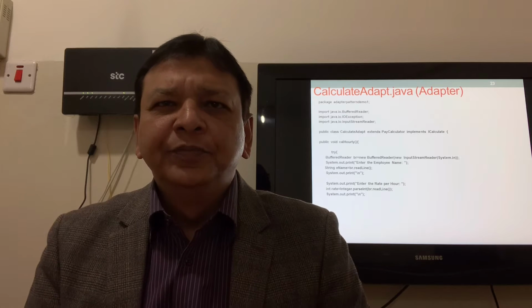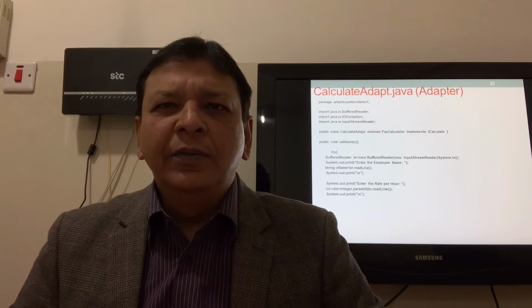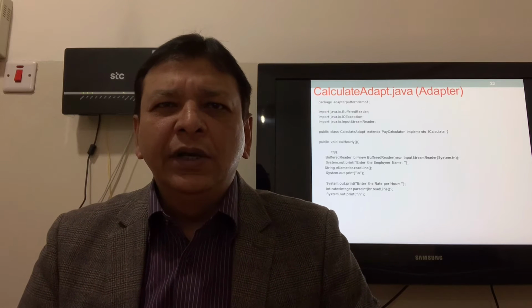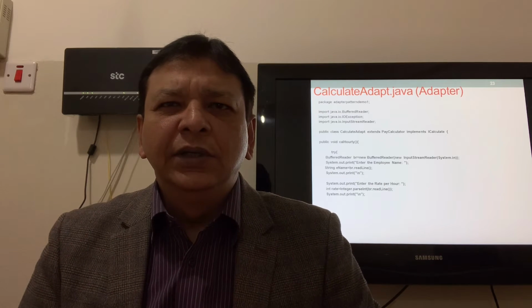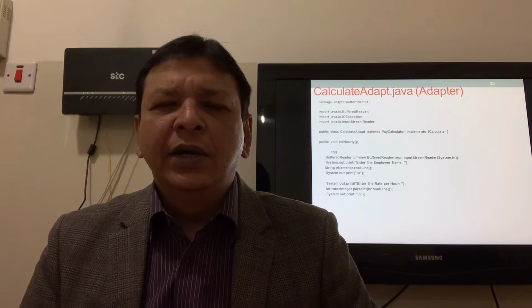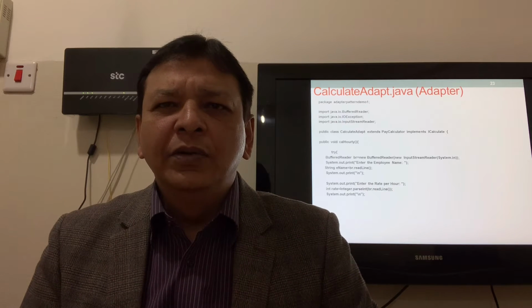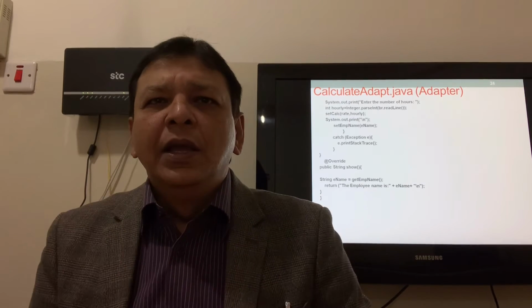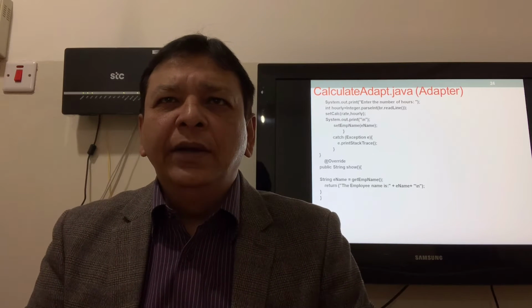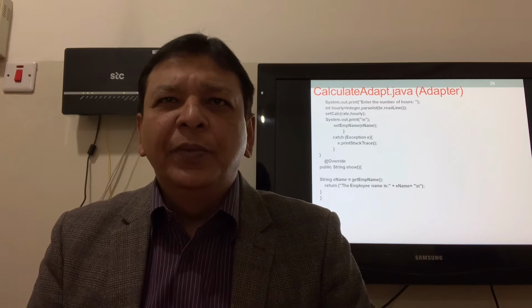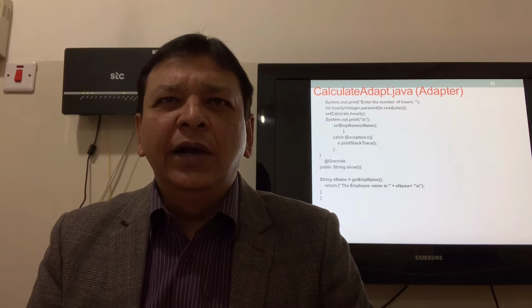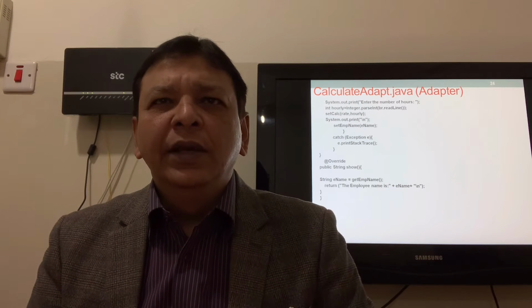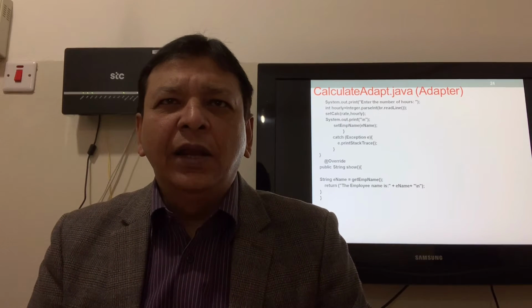System.out.print, new line, then System.out.print, enter the rate per hour, and then we convert the string into integer, int rate is equal to Integer.parseInt(buffer.readLine), and System.out.print the new line. Then we continue our CalculateAdapt, System.out.print, enter the number of hours, again we parse the string into integer, int hourly, Integer.parseInt(buffer.readLine), and then we have the setCalc method.